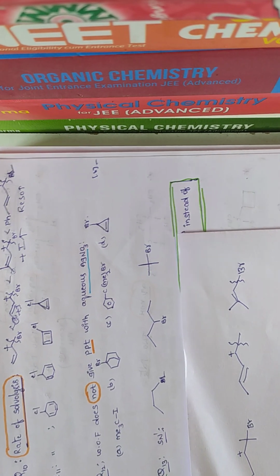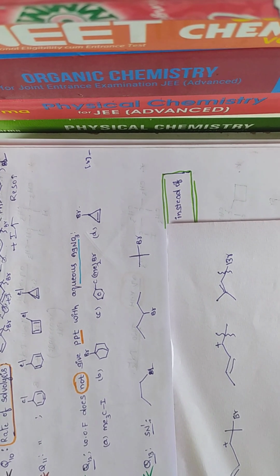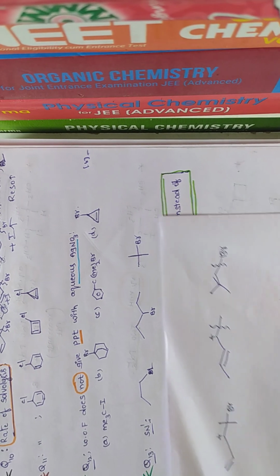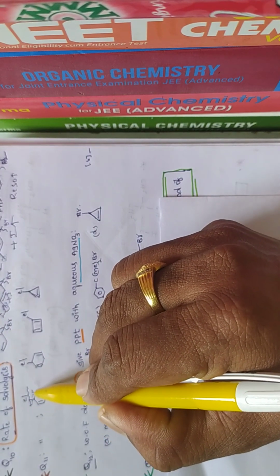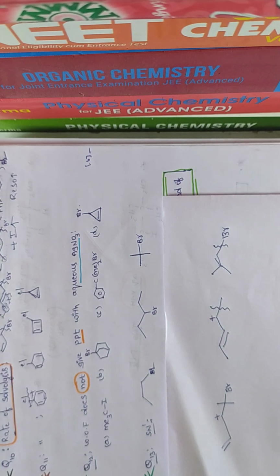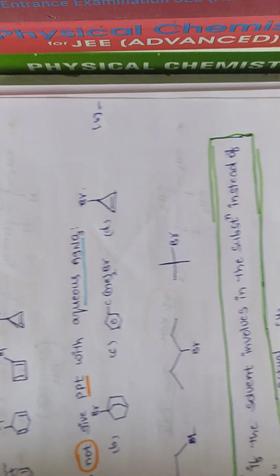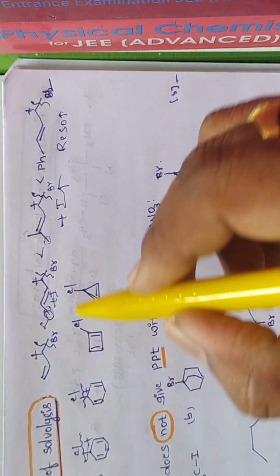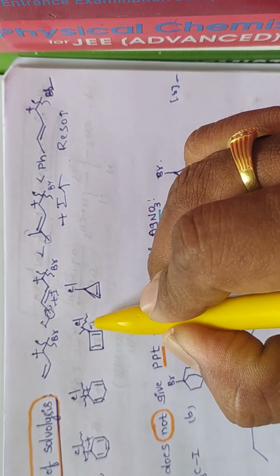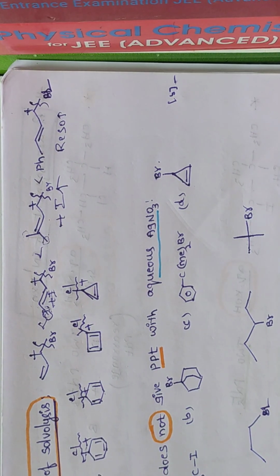Next, another one is question number 11. Among the following compounds, which one undergoes the SN1 reaction easily? I told you, whenever they ask about an SN1 reaction, first you arrange the carbocation by breaking the carbon halogen bond. Here the carbon halogen bond is broken. Next, here also you can break the carbon halogen bond and arrange the carbocation. Here also you can arrange the carbocation, and next, here also. Now after arranging the carbocation, which carbocation is more stable?